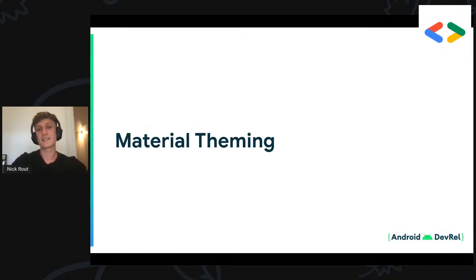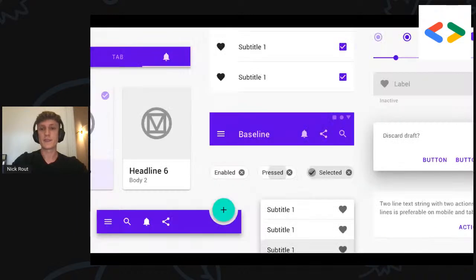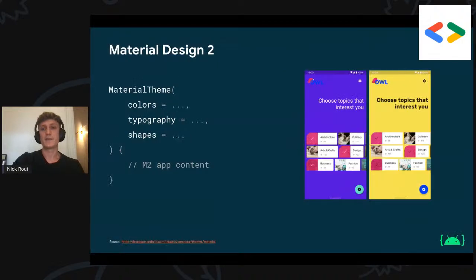So let's start off by looking at material theming. This is sort of the easier way, or the entry-level approach to theming with Jetpack Compose. We'll start off by taking a look at 2 variations of material design. If you haven't heard, material design is now split into 2 versions because Material U was introduced with Android 12. So we basically have Material Design 2 and Material Design 3, and they both come with their own Jetpack Compose library. Starting with Material Design 2, which is the more mature library right now, you can implement a material